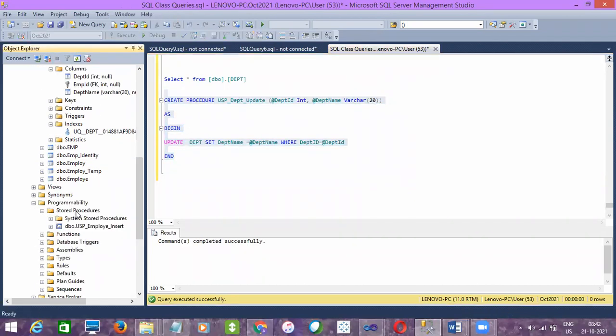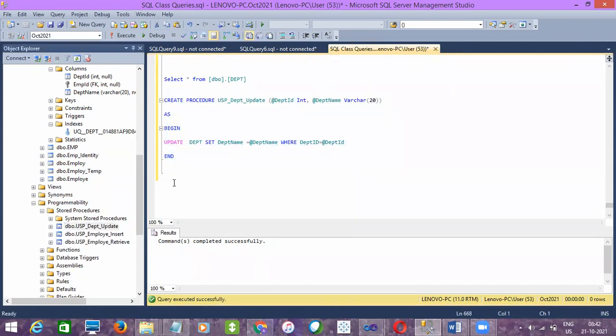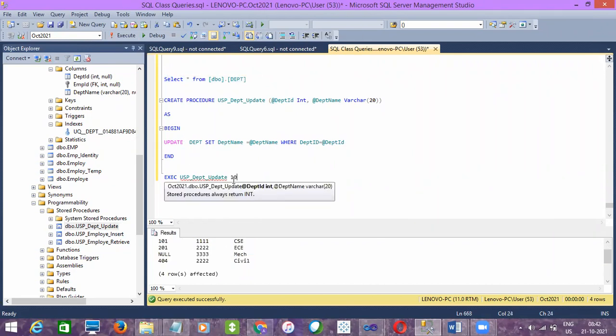So if you refresh, you can see the newly created stored procedure here, dept underscore update. Now to execute this, we need to pass 2 parameters. Earlier we had only one, now we created a stored procedure with 2 input parameters, space, and then department ID. For the department table, I just want to change the department ID of 101 to which value?